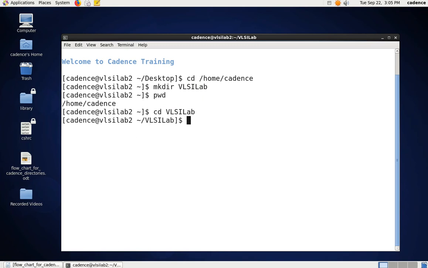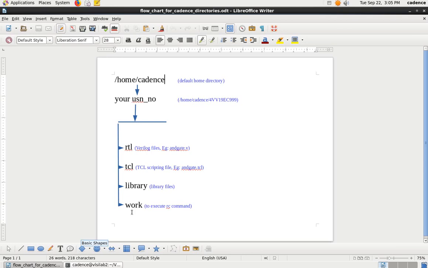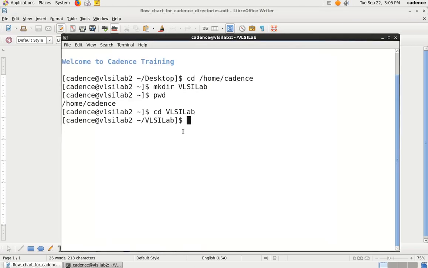Now here I have to create 4 more subfolders or subdirectories: RTL, TCL, library and work. So I'll create them here using the same thing, make directory mkdir, with the names RTL space TCL space library space work.